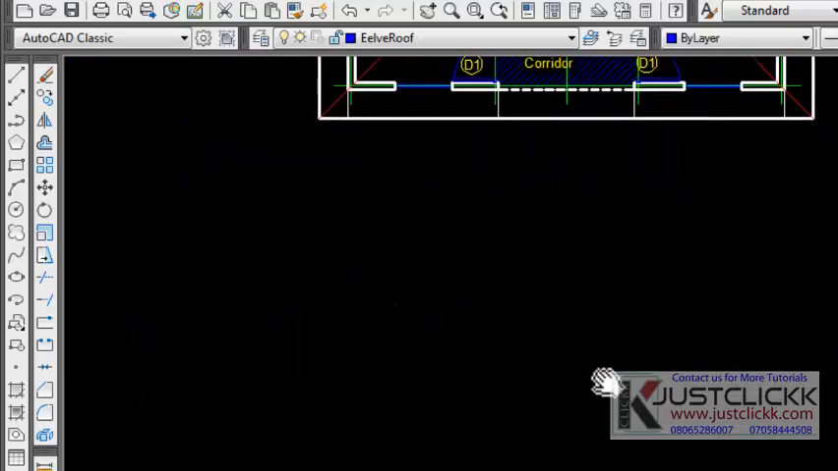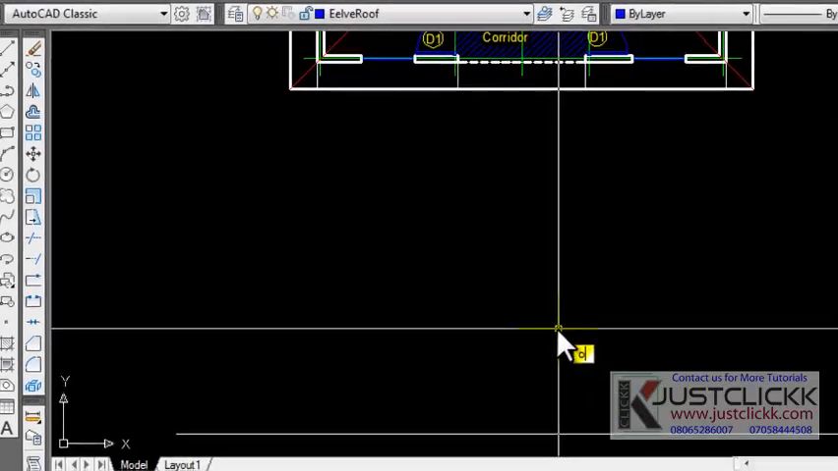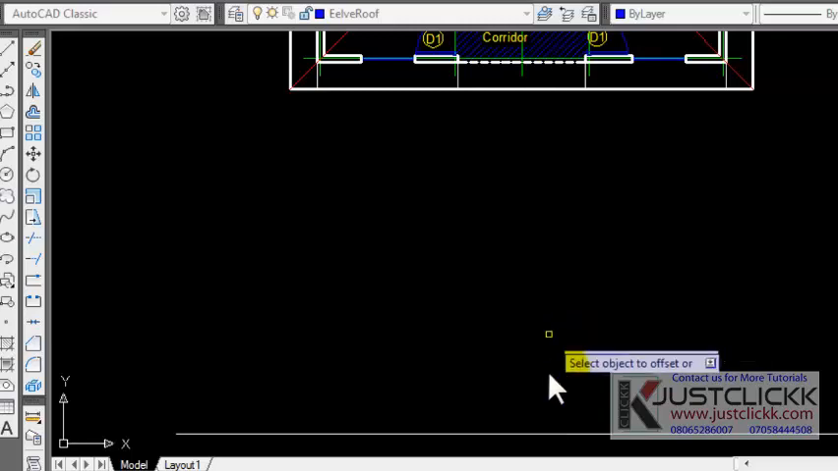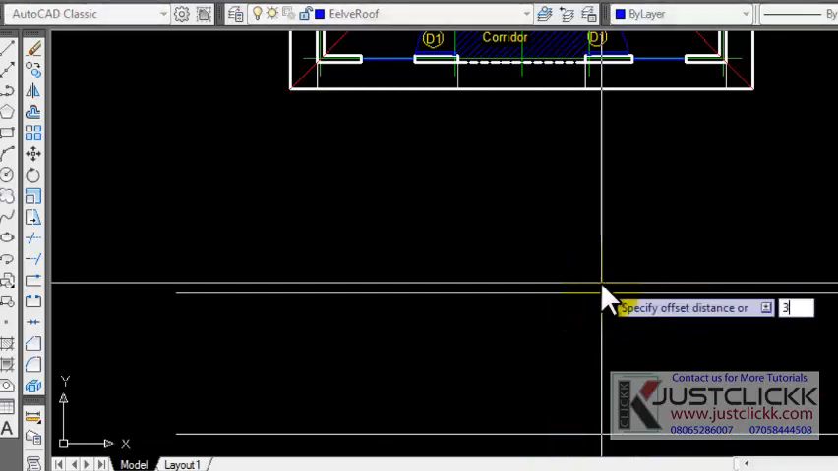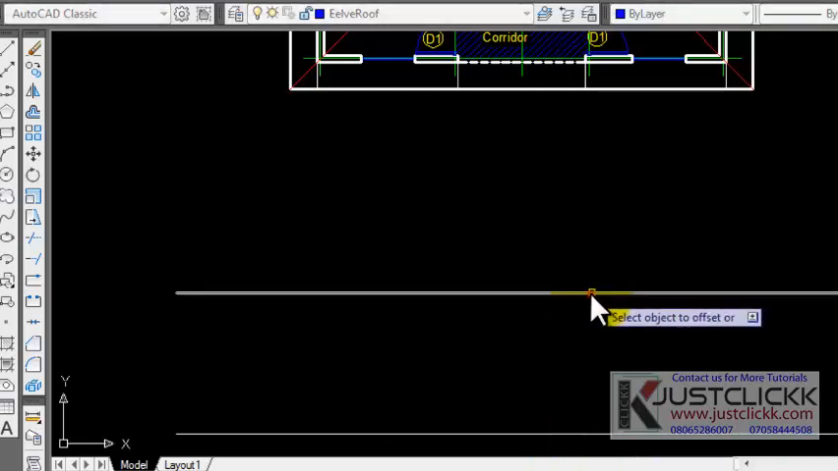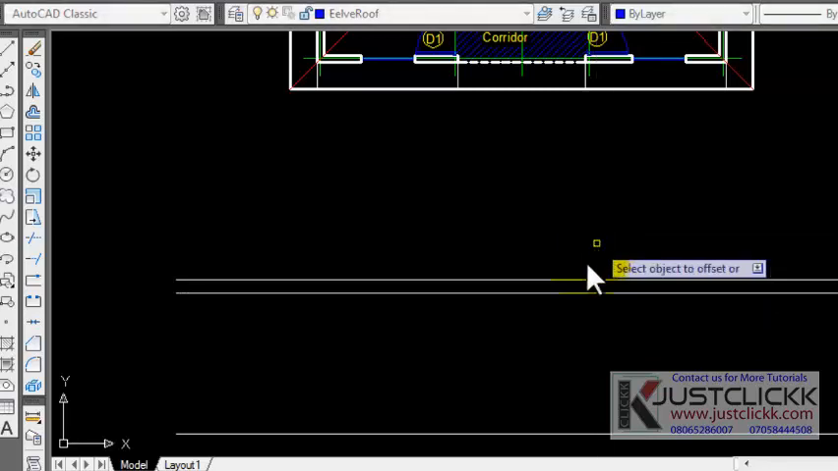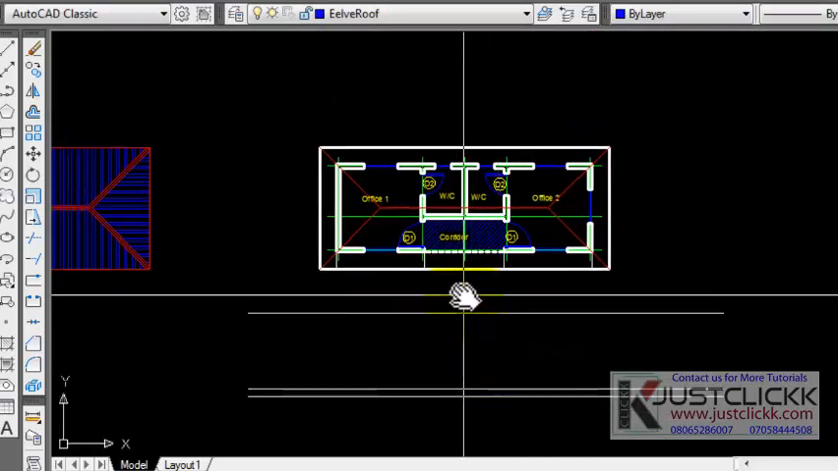Let's start from scratch. Okay, make the offset of 3150, that's 3 meters plus the slab. Make the offset and offset 300 for the fascia board. You can offset to 700 for the roof height. Okay, so now let's